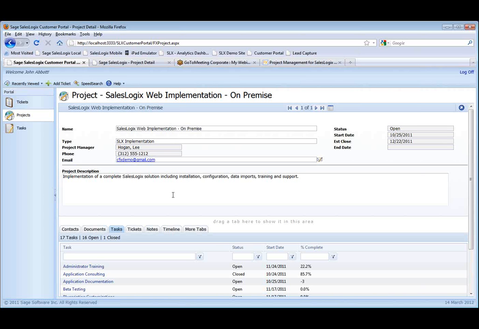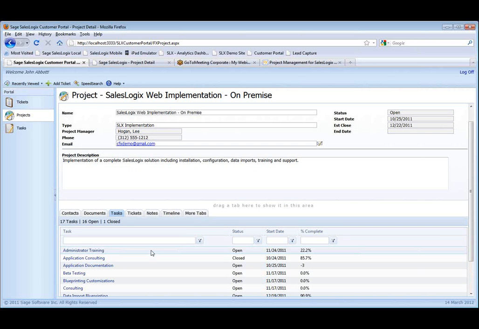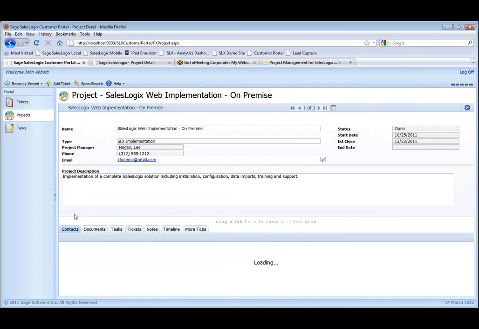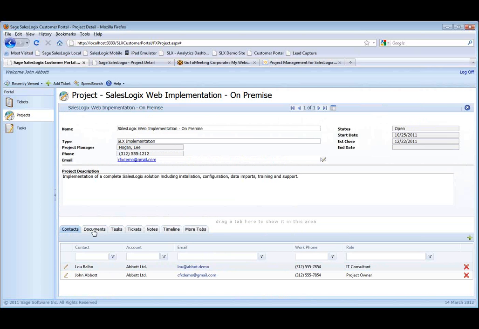So this is not a complete view into all of the project-related data. It's more of a high-level summary view so that your customers can come in here and see the status of their projects, tasks that are underway, any of the contacts that are part of a project, related documents to a project. They can add notes, and they can also add tickets that are linked to the project,